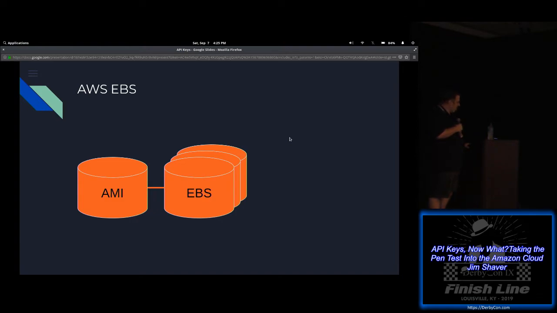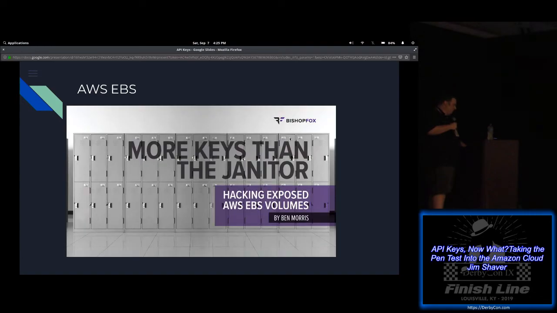One of the things that happened at DEF CON was somebody gave a talk, Ben Morris, called More Keys Than the Janitor, and basically what Ben figured out is that there are a heck of a lot of elastic block storage devices in AWS that have public permissions, public read, essentially.